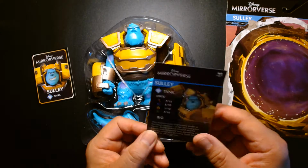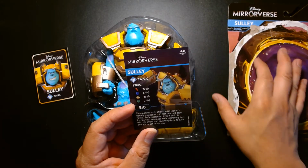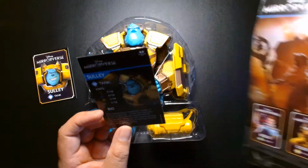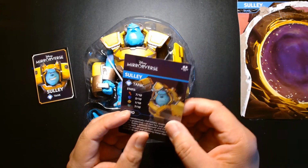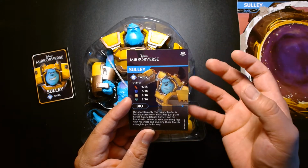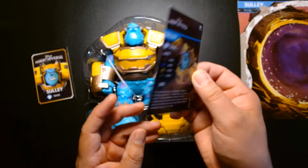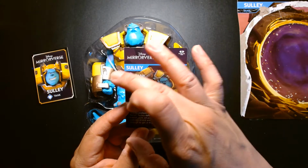And one thing I do like about this trading card is that it provides us with more information about the character. I would have loved to have seen a bio on the back of the card, but for me, to get a trading card is a much cooler thing and a much better way of gathering information about the character. And it's cool too because if you collect the entire series, you can put them in a trading card binder, and you can just have a collection of trading cards for this, and you have all the bio